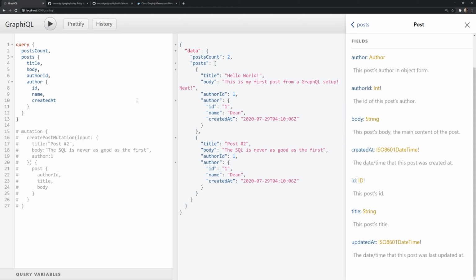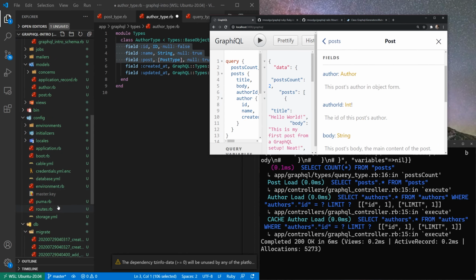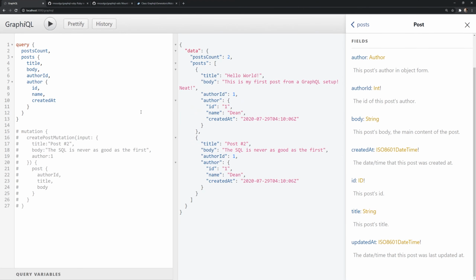It's not a RESTful API, but it's a one-size-fits-all API, right? You just throw in your query, grab the data you need, leave the rest of it, which makes it more efficient in that sense. And it's just a very nice environment to work with and debug with, especially. And then when you move over to production, of course, you have this setting in your routes, which gets rid of this graphical interface, or you can even leave the graphical interface if you're trying to give a